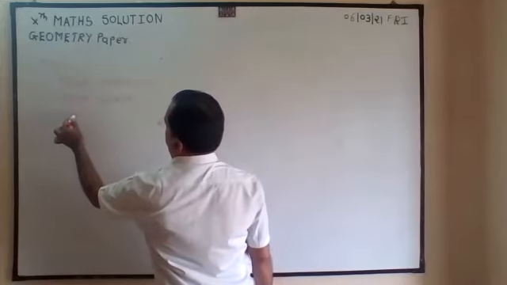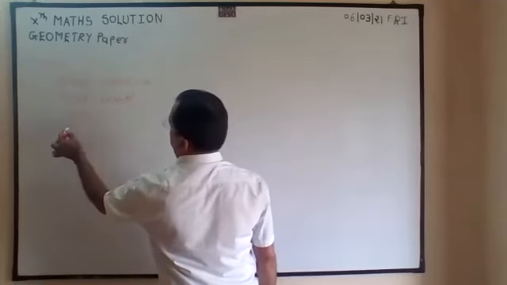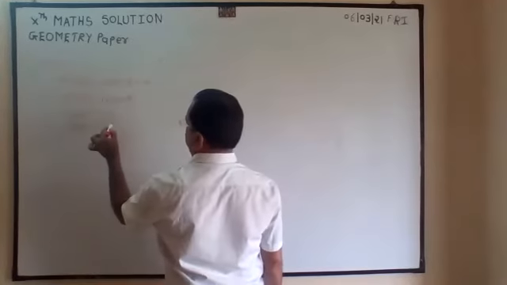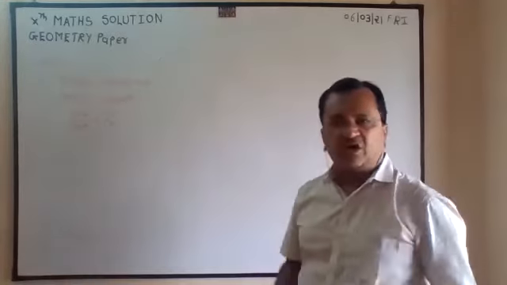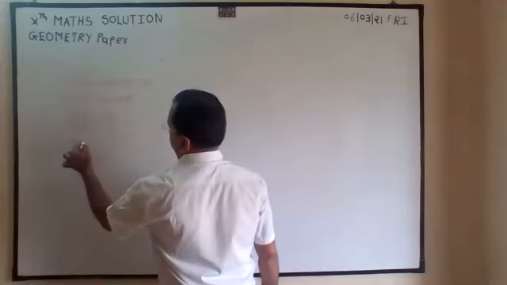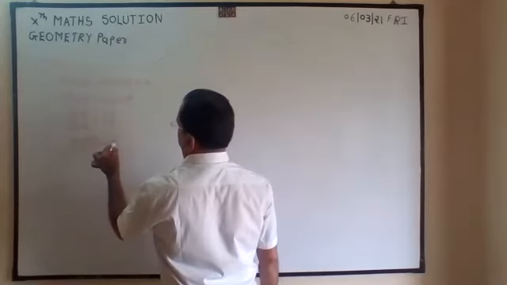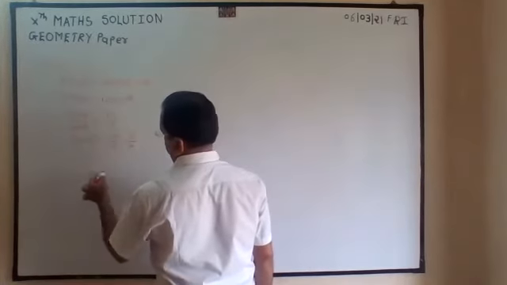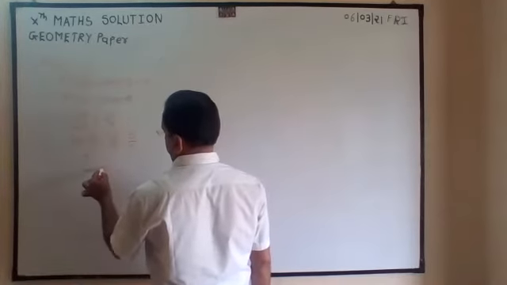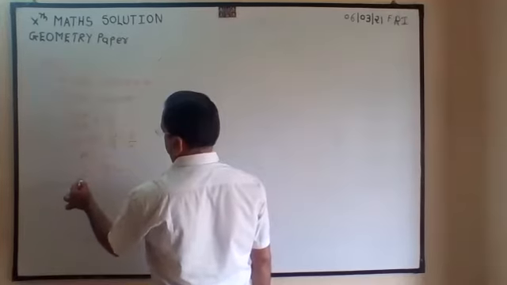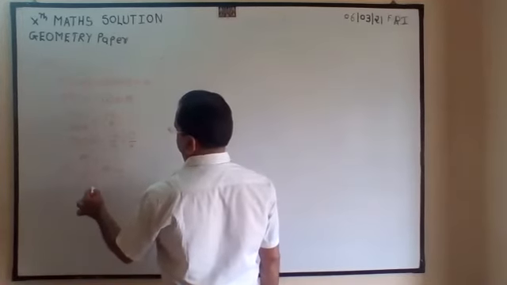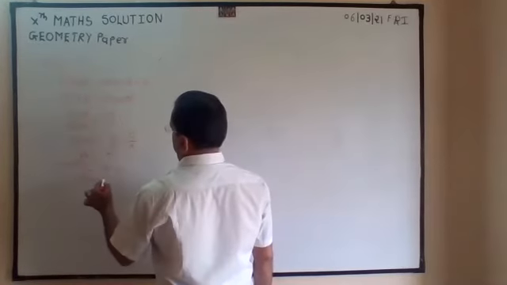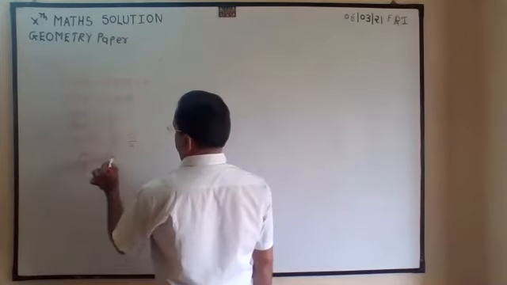Now sin will be here, remove this, so cos theta. 12 will be here, move this. So 5, so sin by cos, now it is tan theta. Tan theta is equal to 12 by 5. Tan is equal to opposite by adjacent. Opposite, adjacent, hypotenuse. So opposite 12, adjacent 5. This is the question.